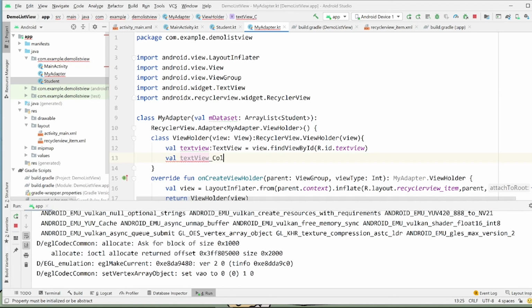Text view color. Let's just find my view by ID for the text view color.